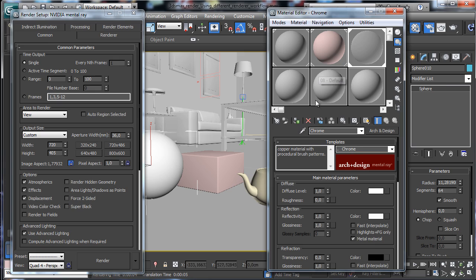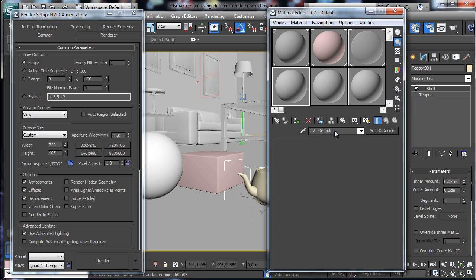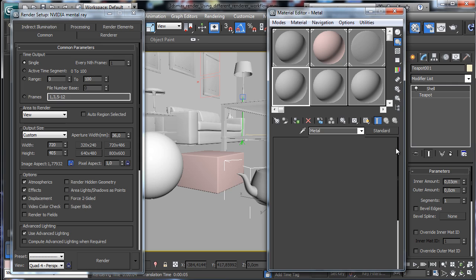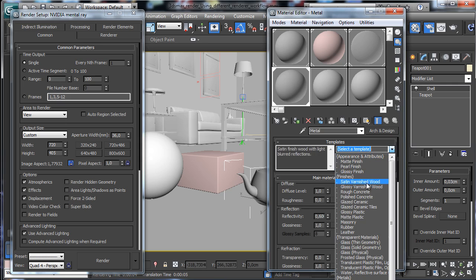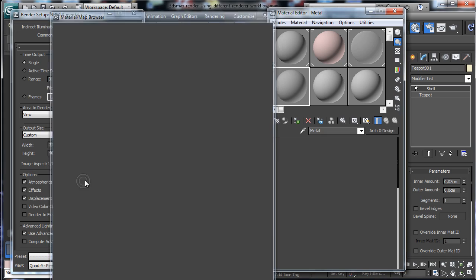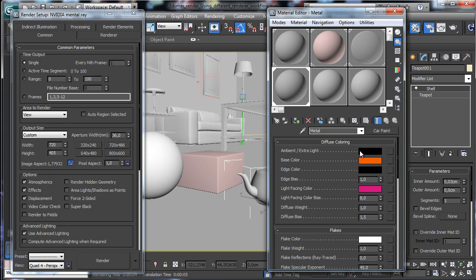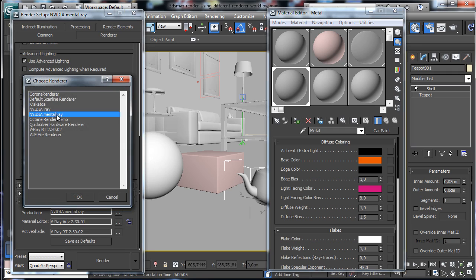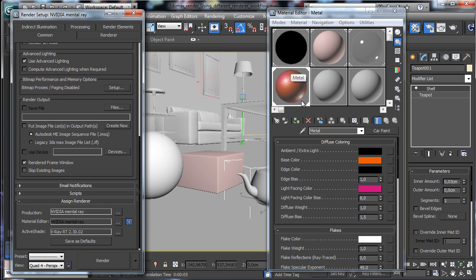So that's the chrome material, and for this one we can use, for example, a simple metal, and let's say that this one has an arc design, and we can use, let's say, maybe let's go for a car paint,